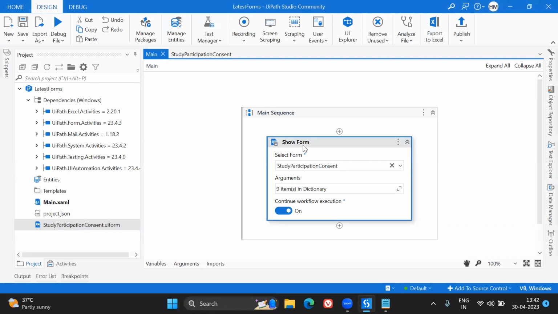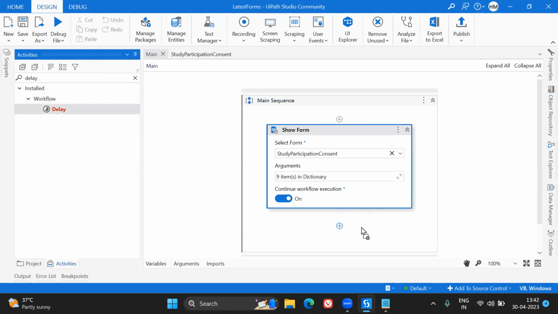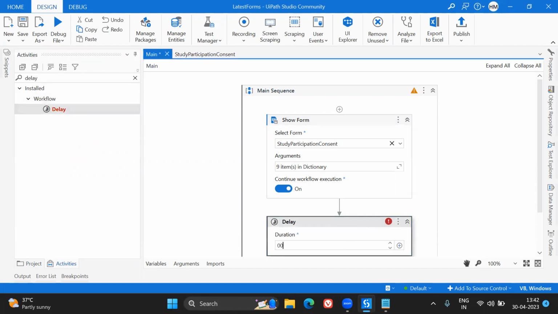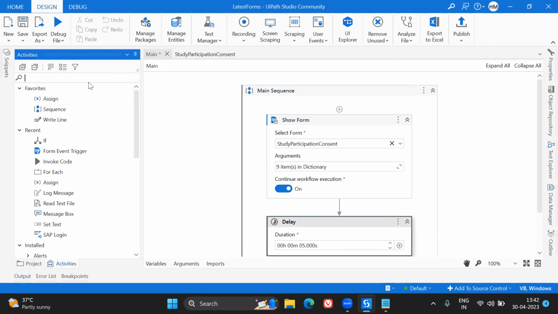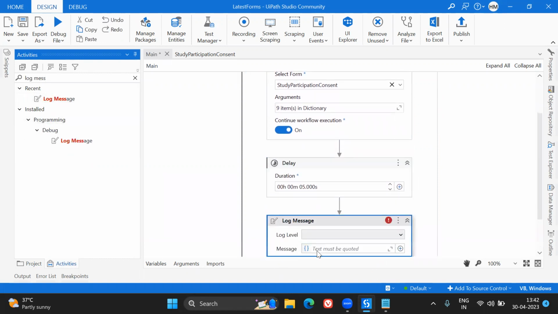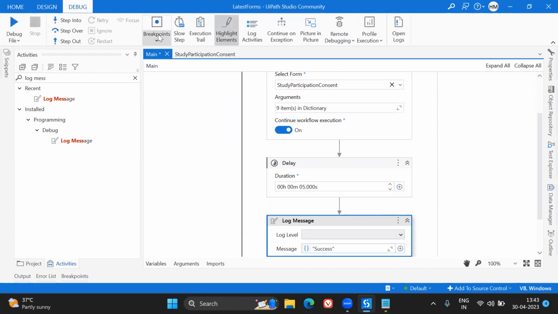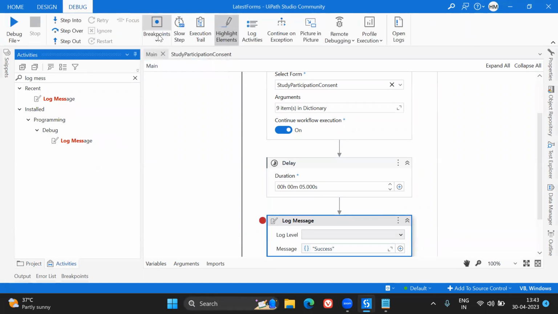That would be the continuation of this, but before that, I'm going to put a delay here for 5 seconds. Okay, and I'm going to put a log message just for us to see. Okay, and let's debug this and see the form in the runtime. Okay,